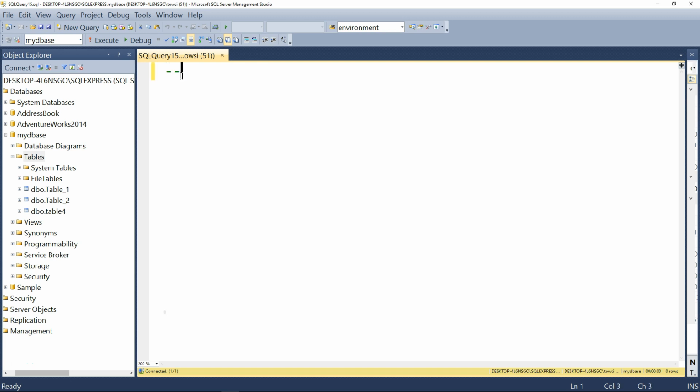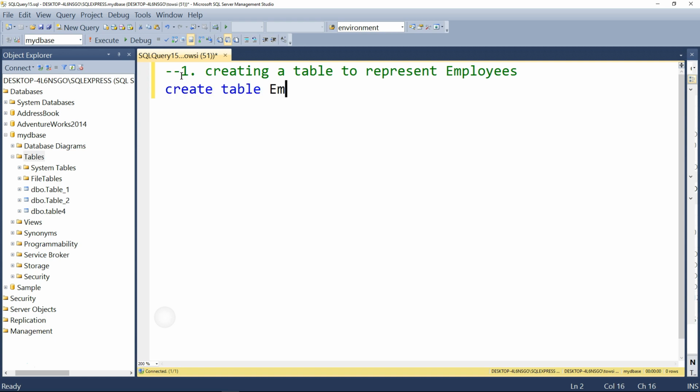Alright, so let me just put that down as a comment here. So creating a table to represent employees, for example. So stage number one is to begin by saying something like create table and then, for example, employees. Alright, put that down,